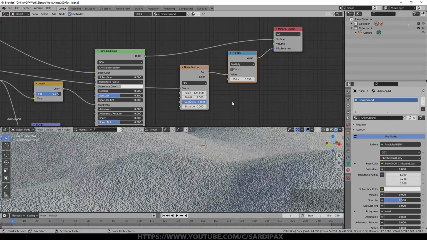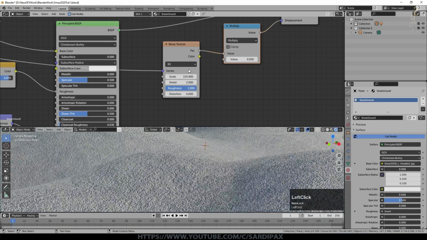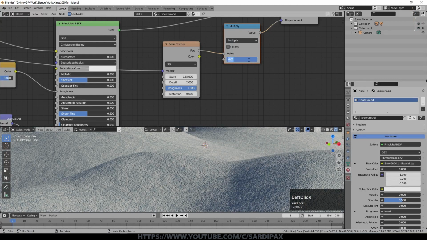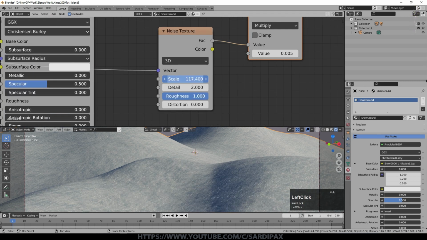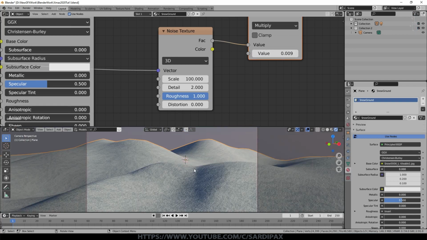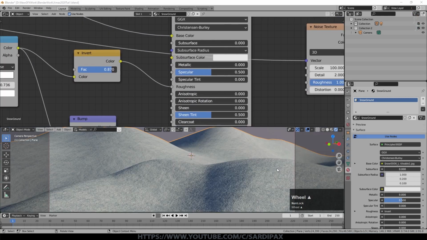Now that will need to be tweaked because it all depends on exactly how big the landscape is that you create. So we'll go a little higher, and I think I'll even go smaller on that. Go for 0.01 on the multiply, maybe even 0.005 for this particular one. So it's just to add a little bit of more random noise to the scene. I'm turning the scale down a little bit there. I'm going down perhaps to somewhere like 100. We'll go with 100 for the scale. And now I can perhaps set the value to 0.009. There we go. So that's our basic snow done. You can obviously tweak some of the effects as you go along, but that's the basis of our snow field.